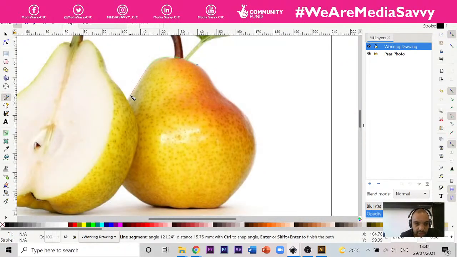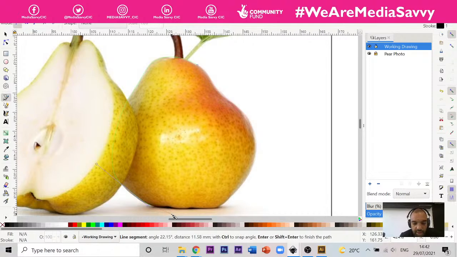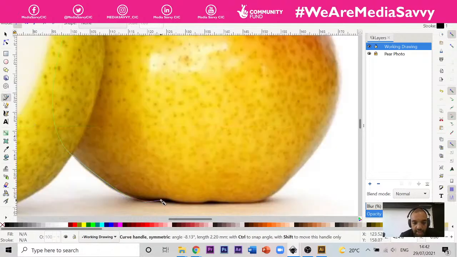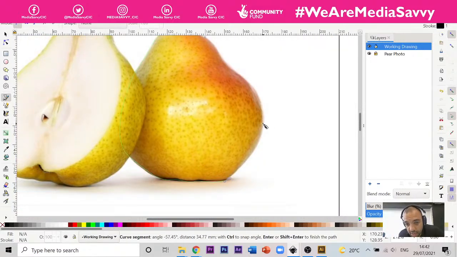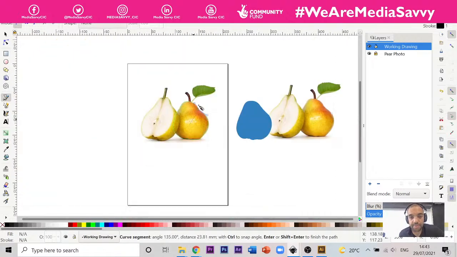You want to zoom out a touch, and again we're just making it up here because we can't really see what's going on. Click, move and pull that out. There we go. Just roughly doing this, roughly. Doesn't need to be perfect because what we're actually doing is trying to learn this gradient tool here in Inkscape. So there we go. Zoom out a bit,